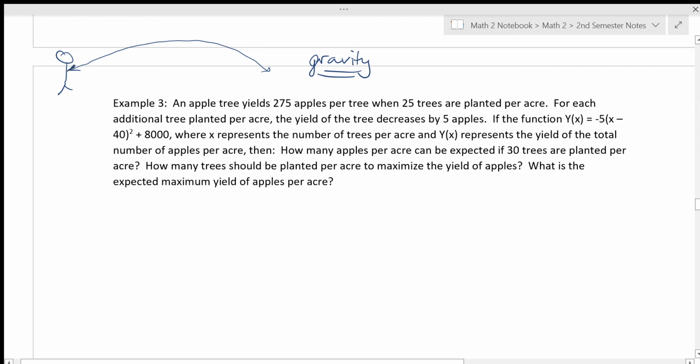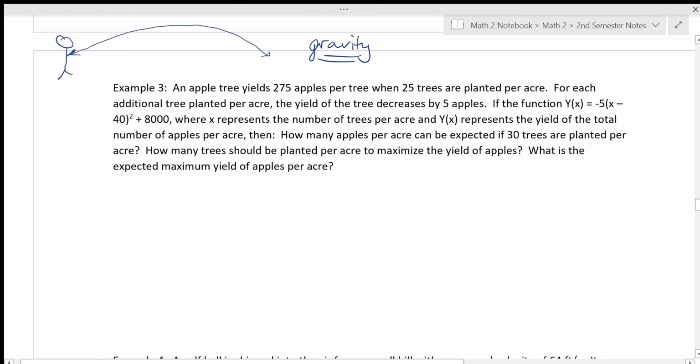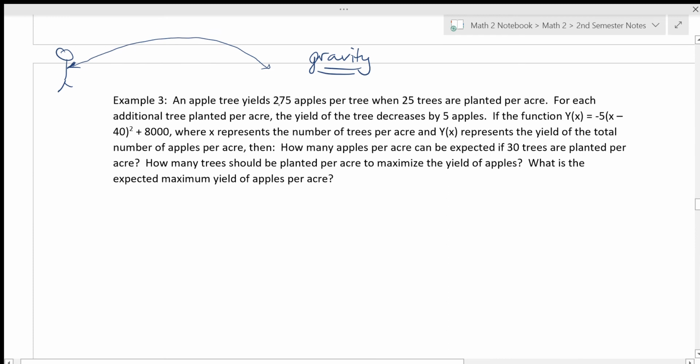So we're going to graph a lot of things as quadratic functions. A lot of real world scenarios. So example 3. Word problems, we want to figure out what information we need and how it's going to show up in our problems. So an apple tree yields 275 apples per tree when 25 trees are planted per